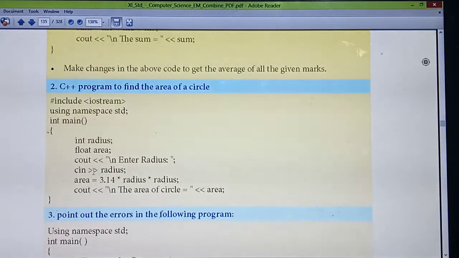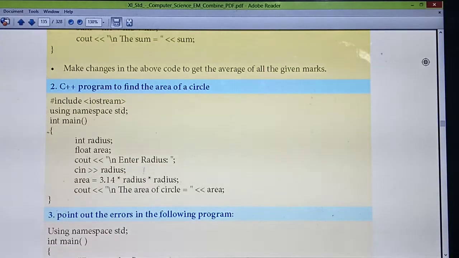What are the variables you are using as input, or for the formula calculation? Everything you need to declare at the top. So how many variables do you need? 2 variables. What are they? Radius as well as area. Listen carefully. For radius you will give any one number, like radius equal to 5 cm, or 6 cm, or 8 cm. That's a number. So radius is of which data type? Number means integer, int. So int radius, then semicolon. Listen carefully. Then area. What's the formula? Pi r square. So what's the value of pi? 3.14.